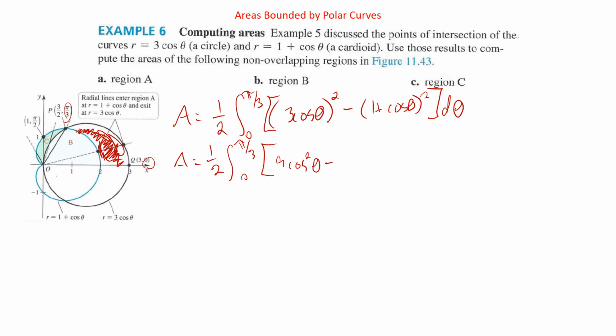And then distribute the subtraction. So 1, it's plus 2, so it'll be minus 2 cosine theta, and then plus cosine squared, so minus cosine squared theta